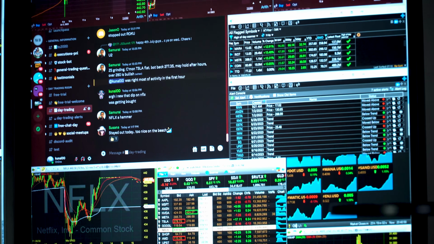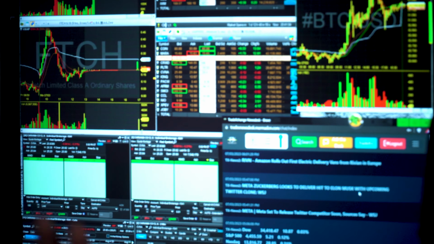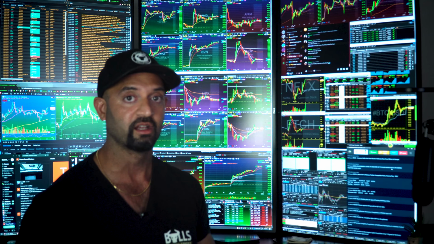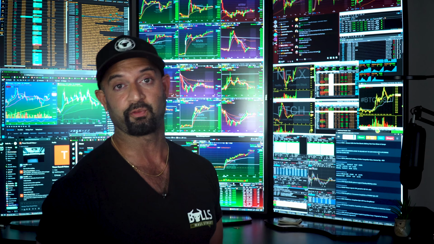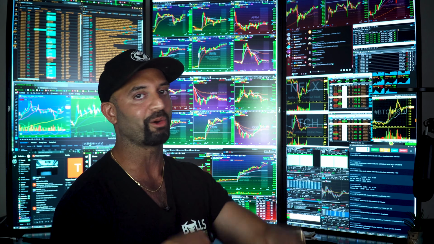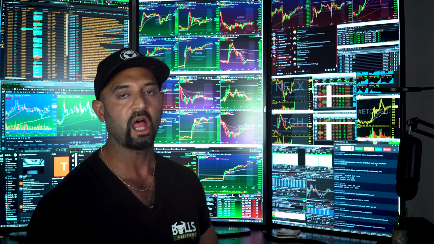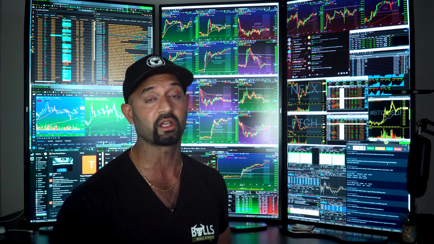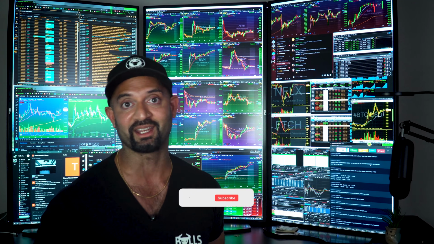There's so many tools out there, but how you arrange your trading space is really important. You want to have everything at your fingertips, but also be able to watch all the stocks you need without having every single chart up, because we only have so much bandwidth. You'll see a lot of the great traders sometimes only watch 4 or 6 stocks. I'm not one of those guys. I like to know everything that's going on. Having this layout with all the alerts really helps me keep on top of inflection points in the market indexes and individual stocks, because I'm swing trading, day trading, trading options, also trading cryptocurrency, and I'll throw my hat in